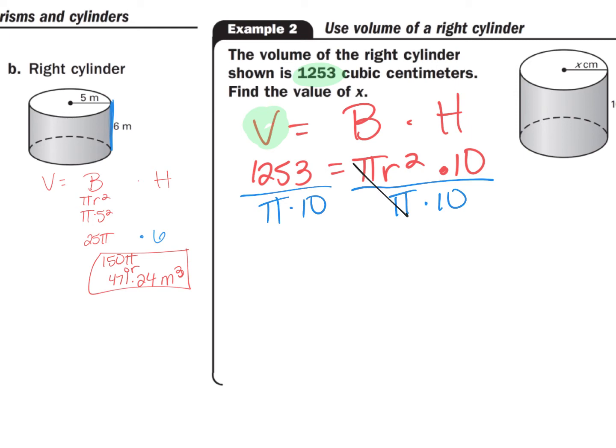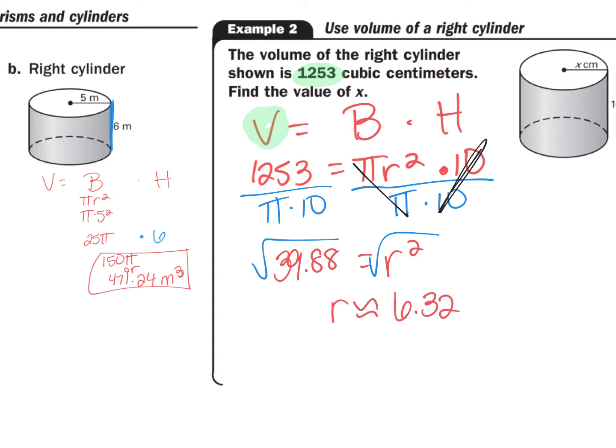Those pi's cancel, those 10s cancel. Cool. On the right side, you have r squared. On the left side, it's going to be a decimal. That is perfectly fine. Stick it in your calculator, and you get 39.88. Okay, now to get the squared off of the radius, because that's what we're trying to solve for, you need to square root it. So we're going to do the square root of 39.88, and r is approximately